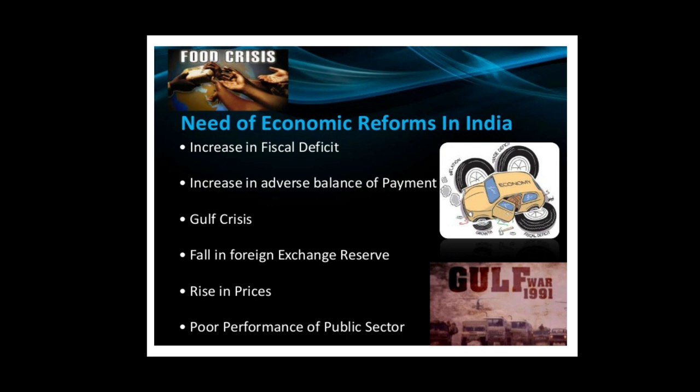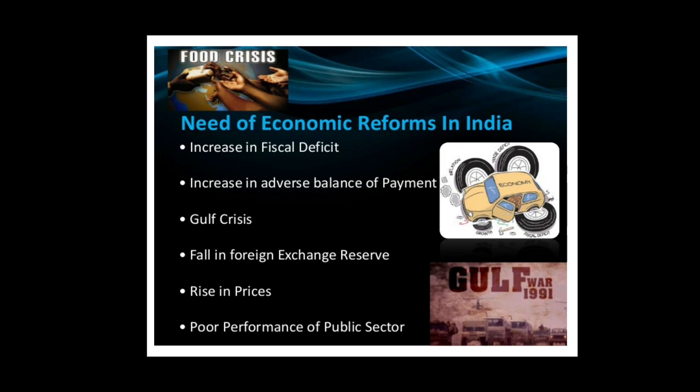This in turn aggravated the problem of internal as well as external indebtedness. The external debt of India rose from 12% of GDP in 1980-81 to 23% of GDP in 1990-91. And domestic borrowings, that is the internal borrowings by government,